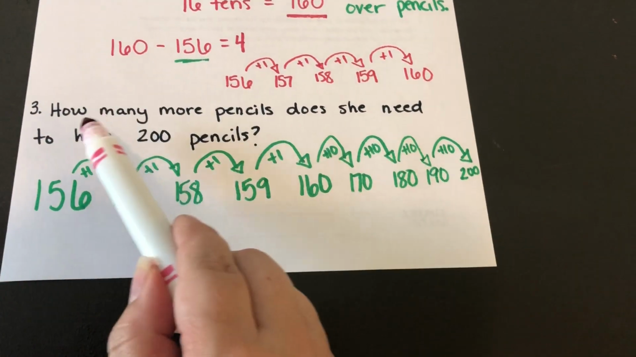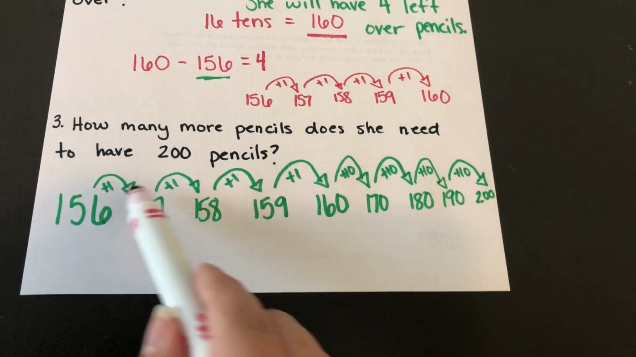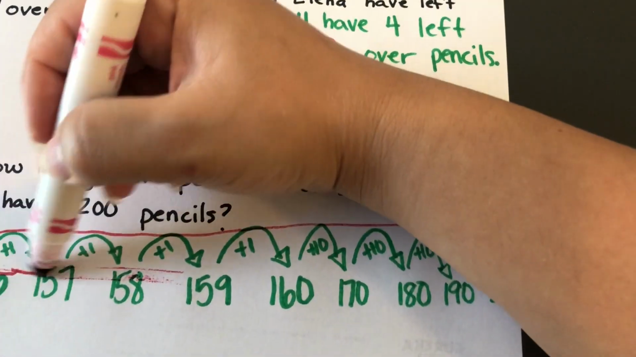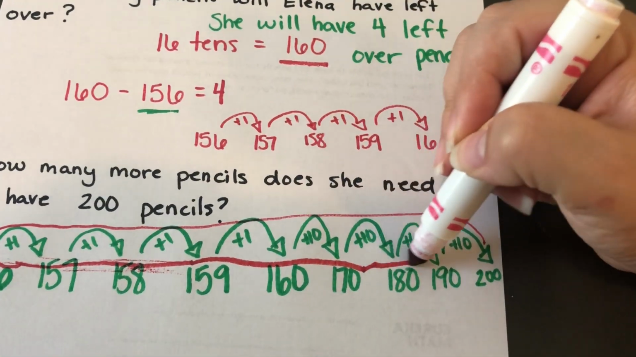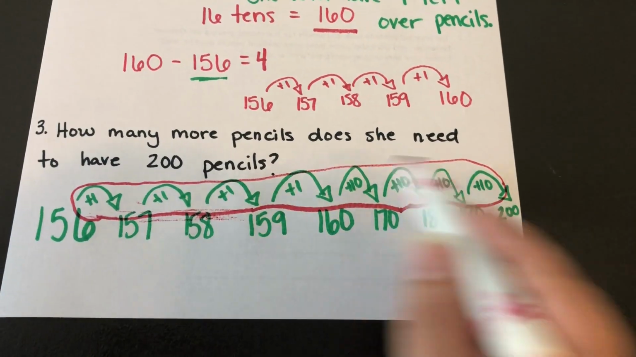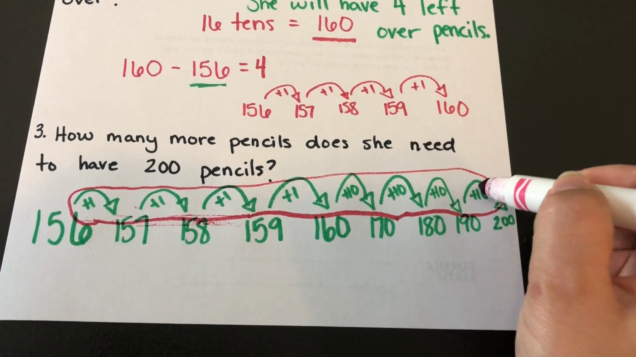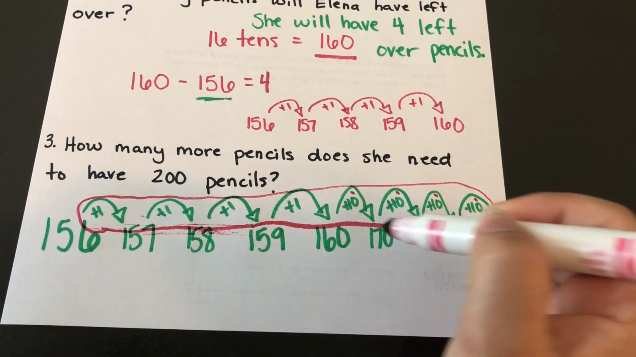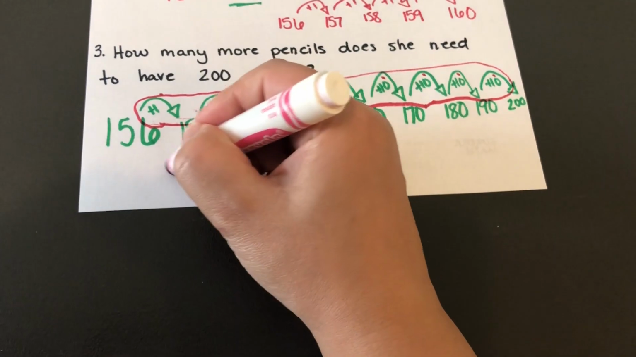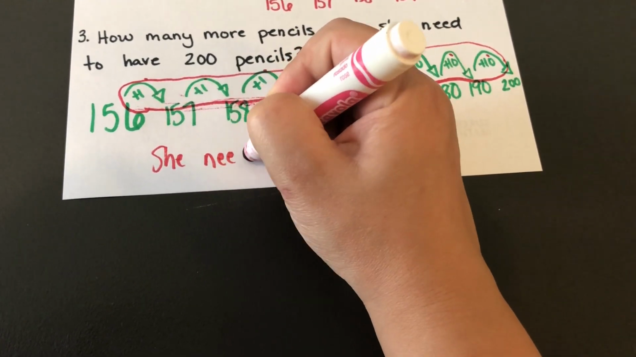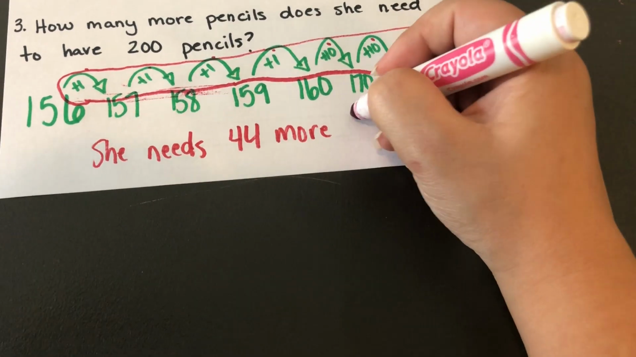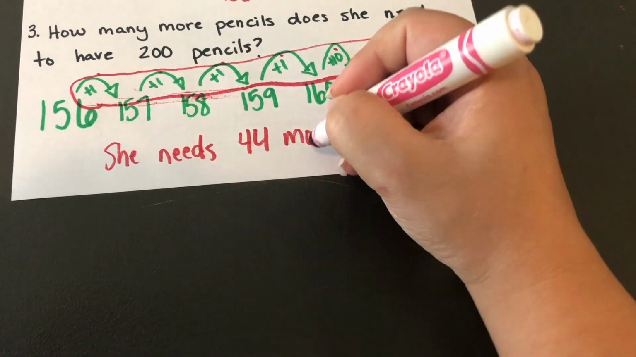So the question said, how many more will she need? Well, she'll need this many more. If I started at 156, I added this many more, and now I'm at 200. So let's figure out what this many more is. 10, 20, 30, 40, 41, 42, 43, 44. So she needs 44 more to get to